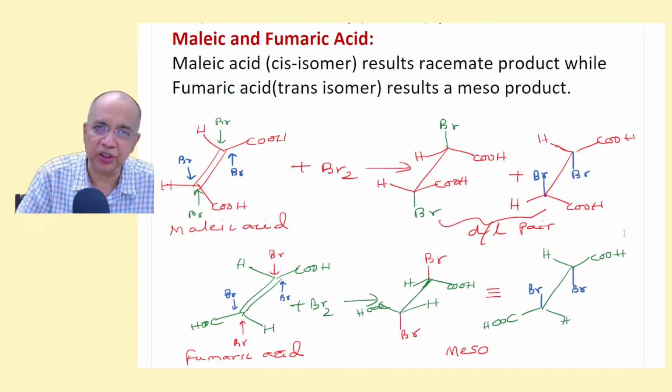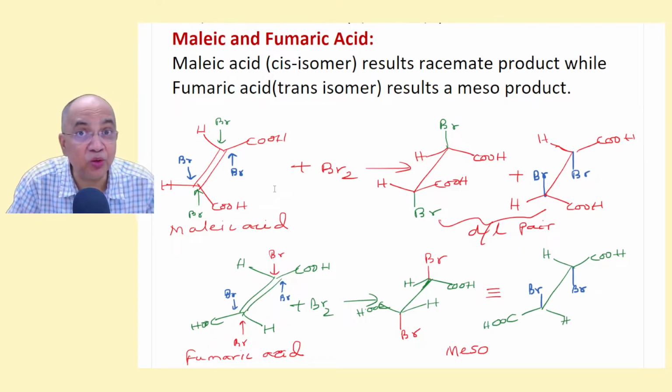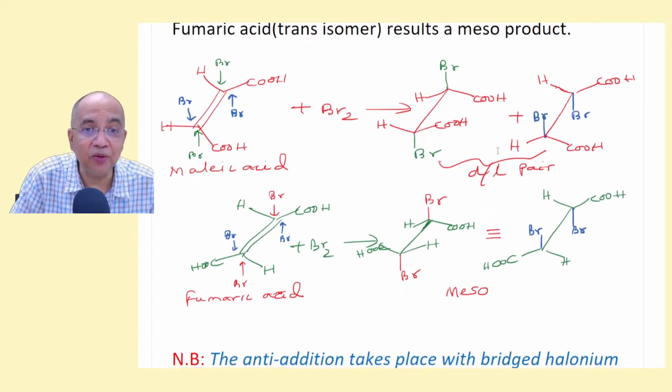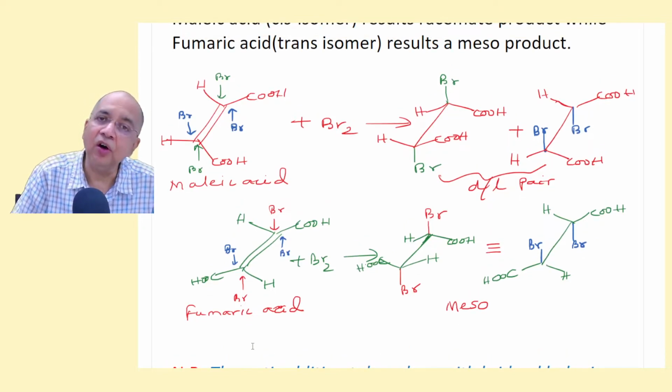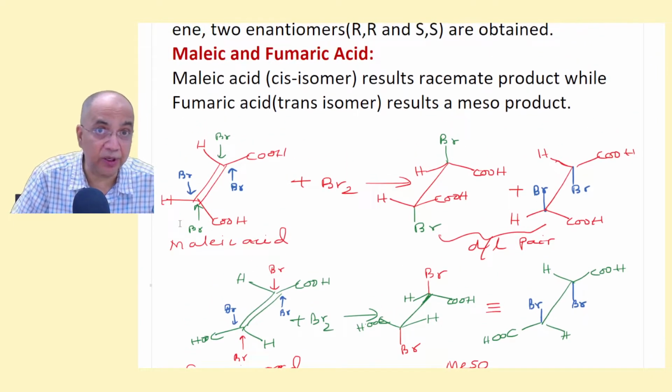No meso product is contaminating. That indicates that had it been going through a carbocation mechanism, you would have got a mixture of all diastereoisomers, active as well as meso, either from cis or from trans. Each of the cis and trans would have resulted in a mixture of the two diastereoisomers, the active DL pair as well as meso. But here you get